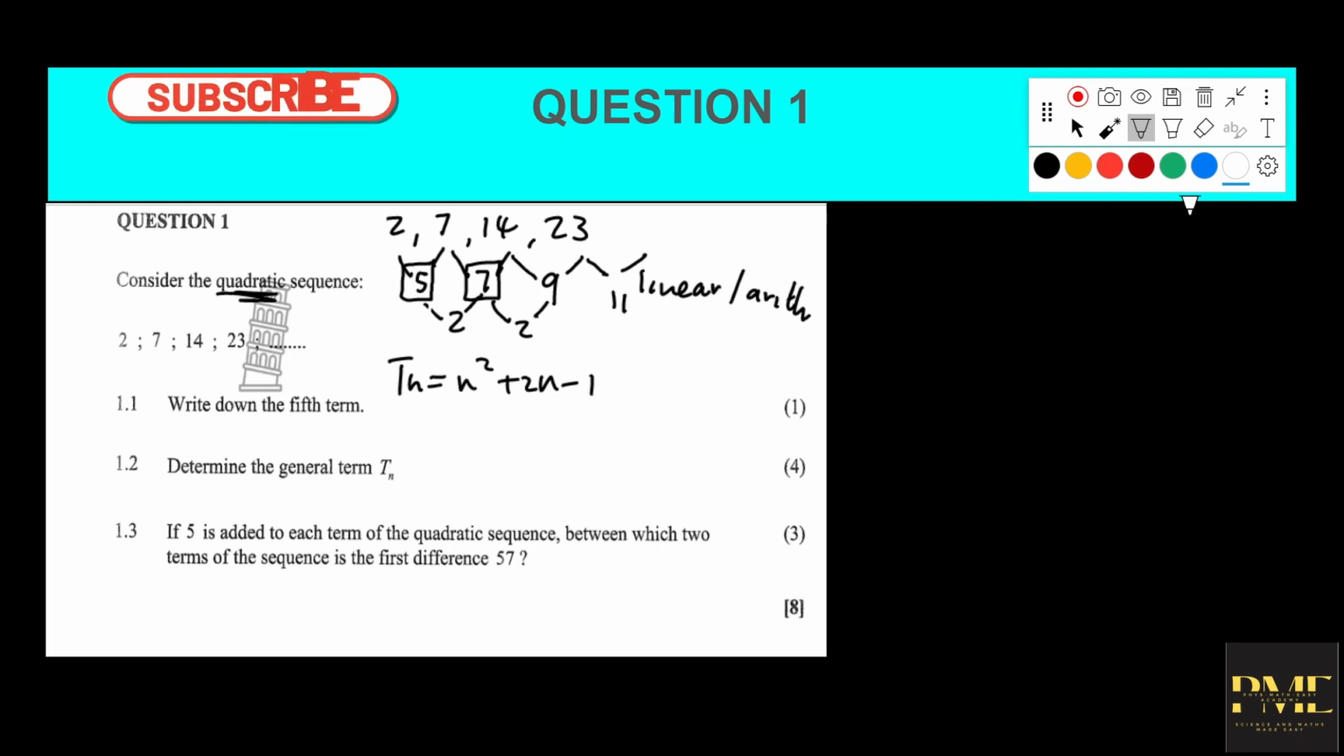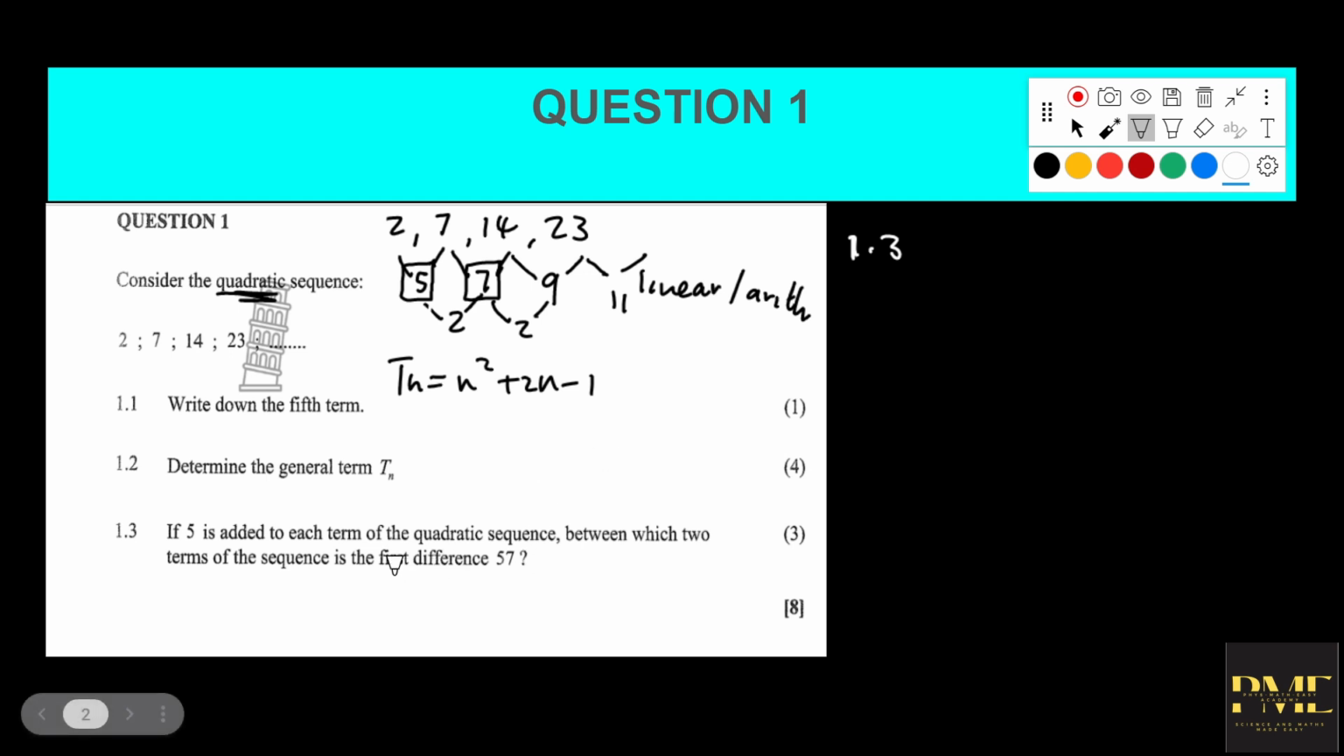Alright, cool. So now sesizoqhubekela ke ku 1.3, okay, 1.3. If 5 is added to each term of a quadratic sequence, between which two terms of the sequence is the first difference 57? Okay. So it's important for us to say now, ukuthi sikhumbule ukuthi mebekhuluma nge-first difference now, okay,